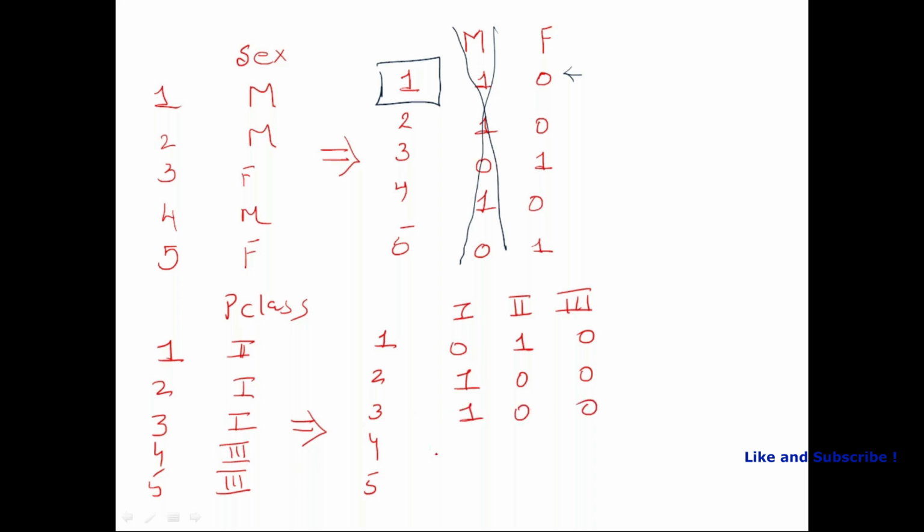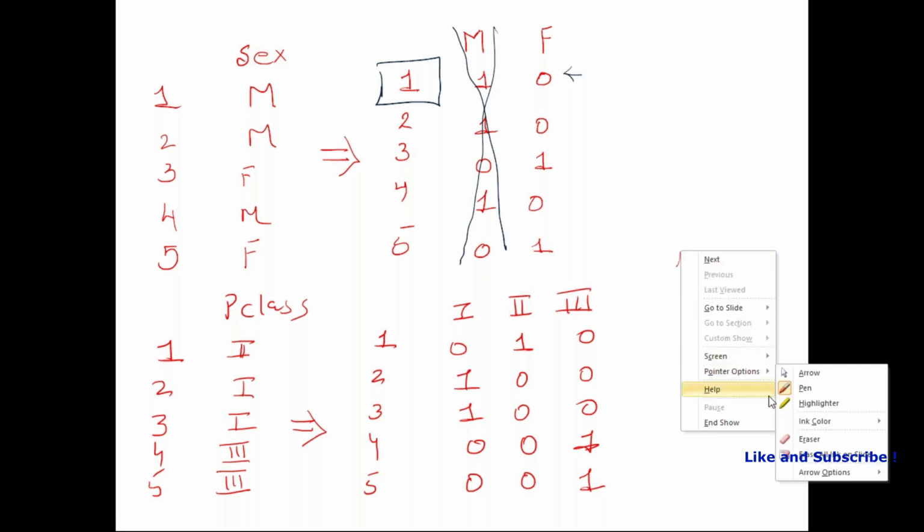Now the fourth person was traveling in third class, so this is 1. The fifth person was also traveling in third class. So this is what I'm getting, right? Now guys, observe this. Once I get these 3 columns with me, what I understand is